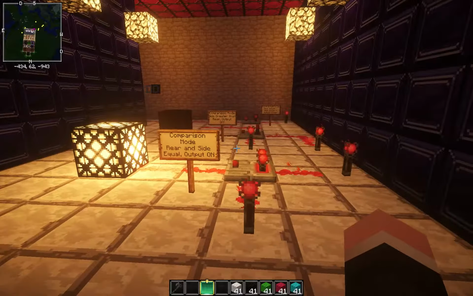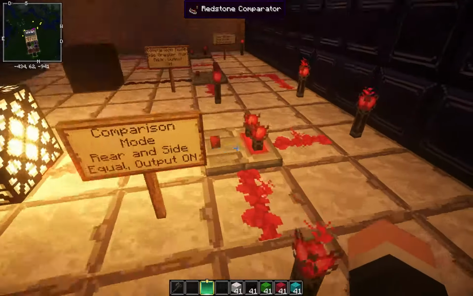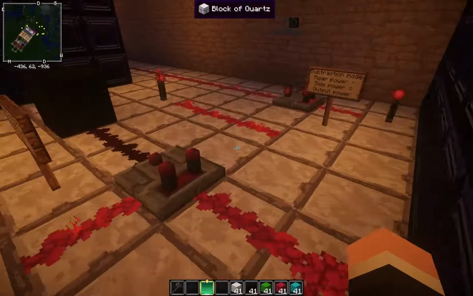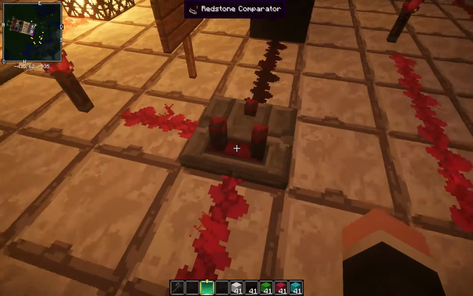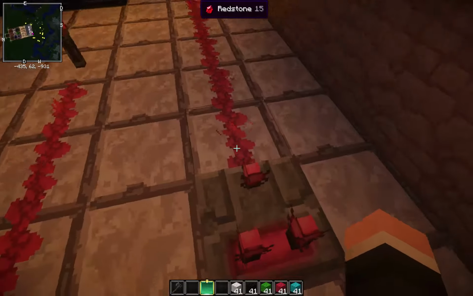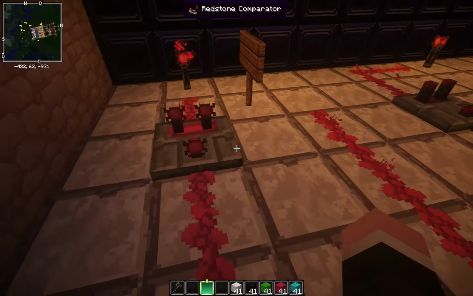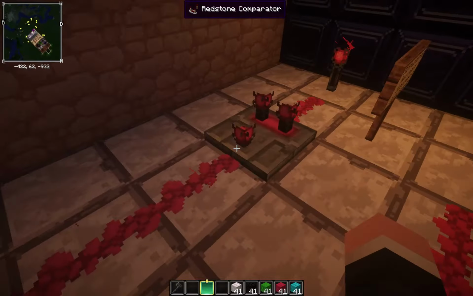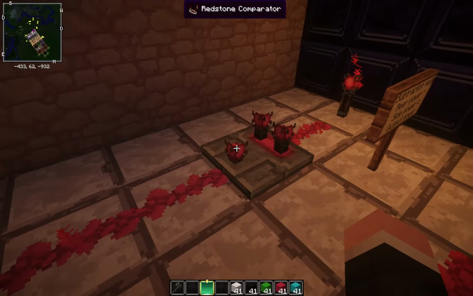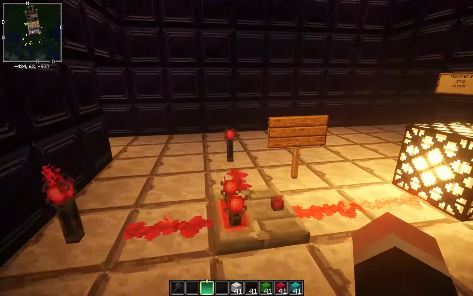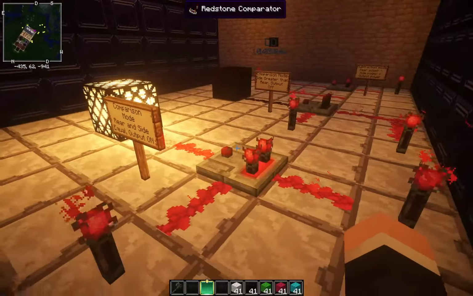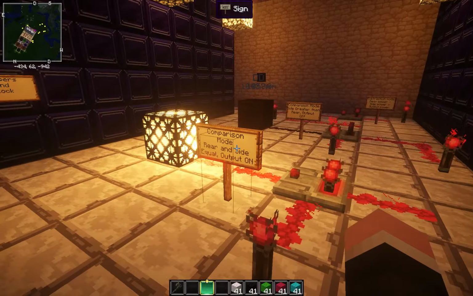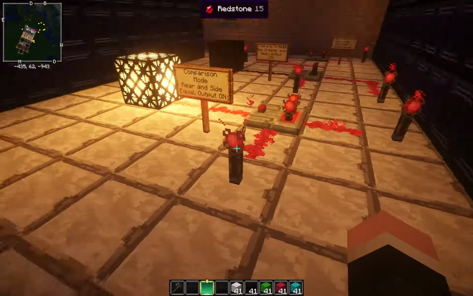So the first thing to realize is that there's two modes to a comparator. Alright, we have the standard mode. You see that they're apart. And then we have one where the little guy in front is popped up. So you can right click to get that to raise up. The mode that it starts in when you put it down is the comparison mode. And so what it's looking to see is